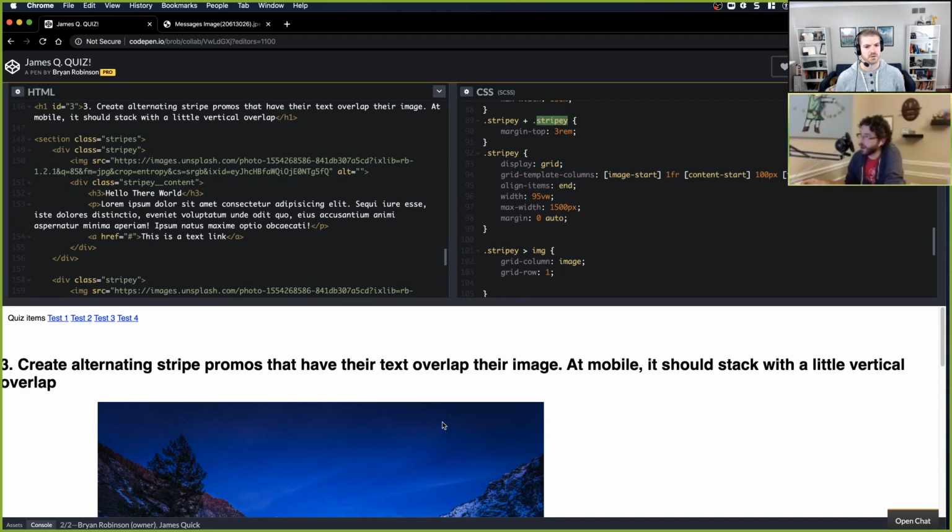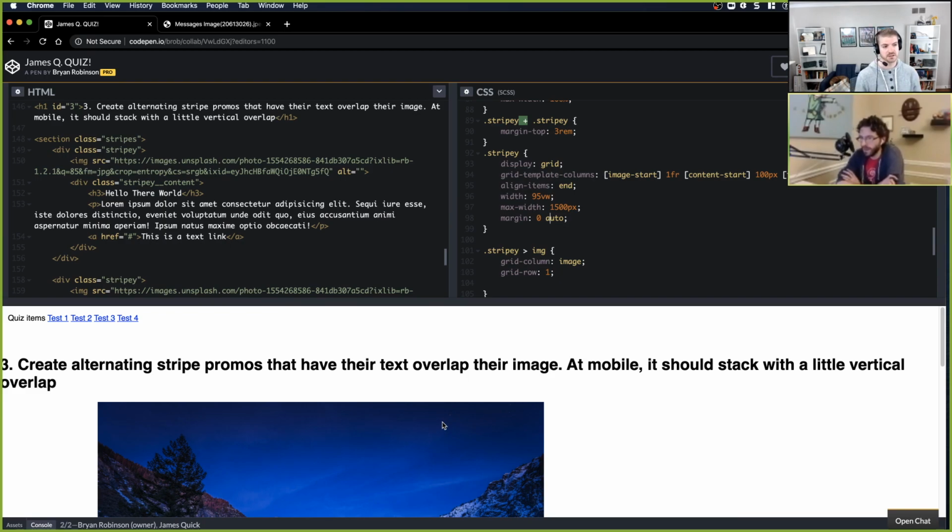And so it's going to say, are you a stripey? Yes. Were you directly preceded by another stripey? That's what the plus is. Okay, so when I was saying it's only looking up, I think I'm saying what you're saying. From a given stripey, it's looking up to see if it comes after another stripey. Yeah, exactly.